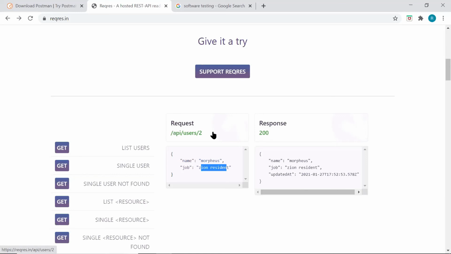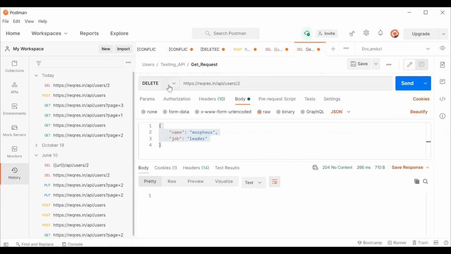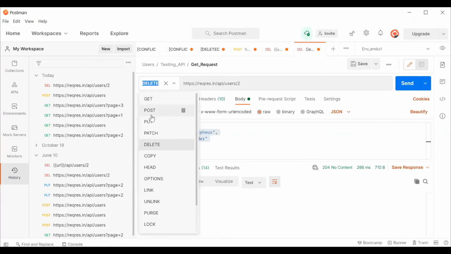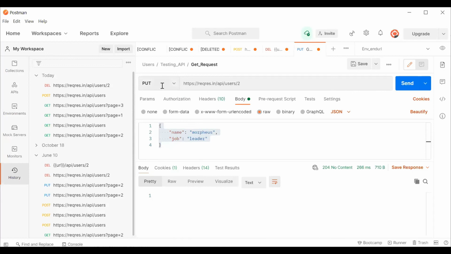You will be copying this URL. Go to Postman, change it to put because I'm using now put call. API is same guys, but I'm just gonna again give it like that. If you get 2 slashes in between, please remove it. This is how it should look like. Here also you will be passing the body. So here again, click on body, go to raw, JSON. It's already selected, so I'm not changing it.